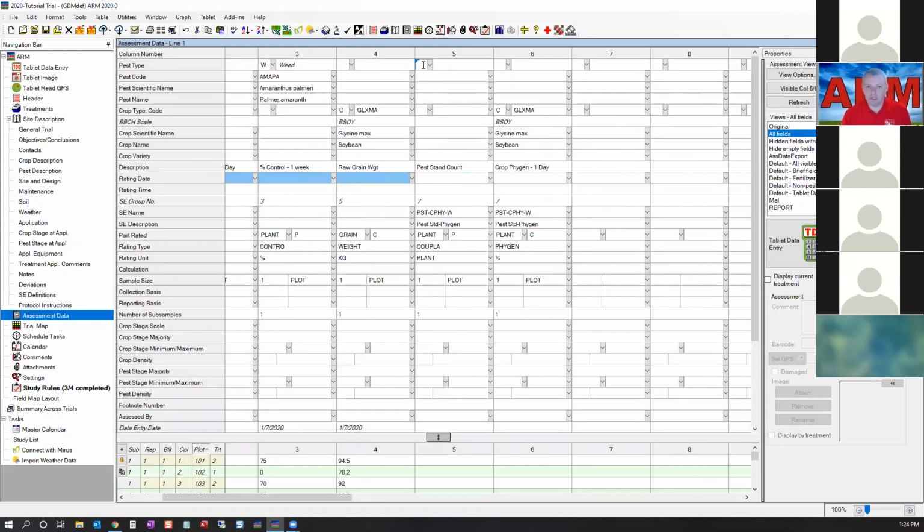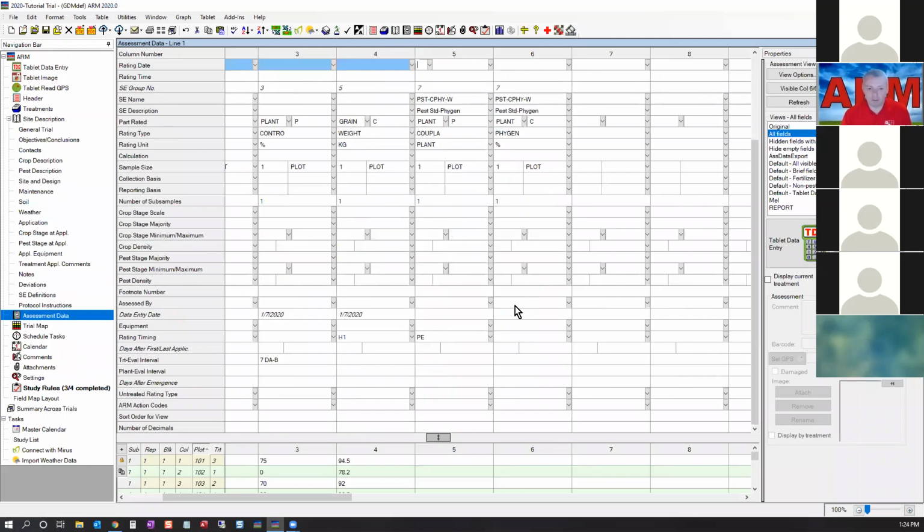Notice how there is not a weed here. The Palmer Amaranth did not come with. I could then go ahead and fill in the rest of the information that would change if I so choose. And I could then bring in a rating. I could put in my rating dates. I can really fill in that assessment as needed. And it would not really affect